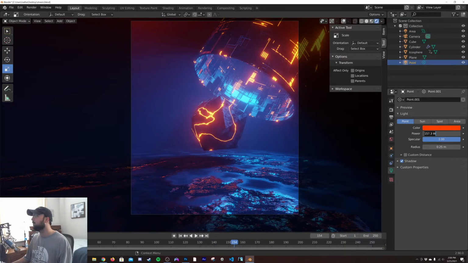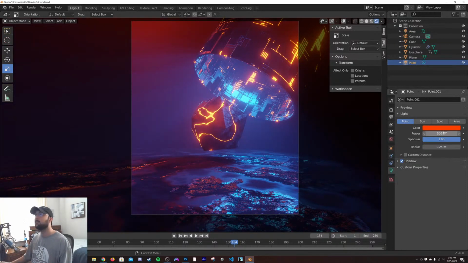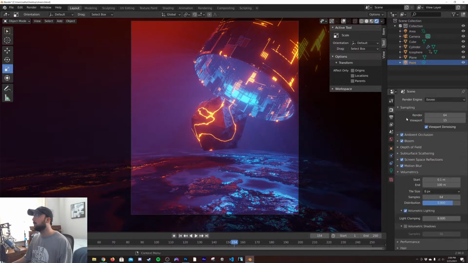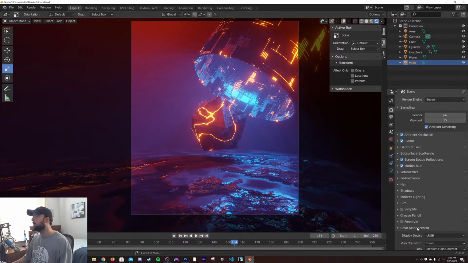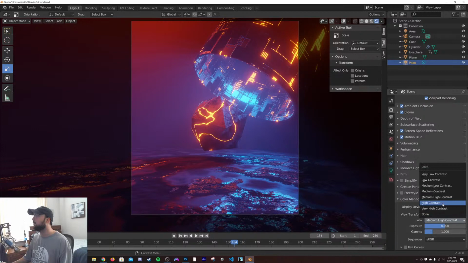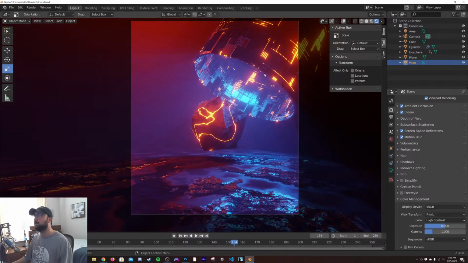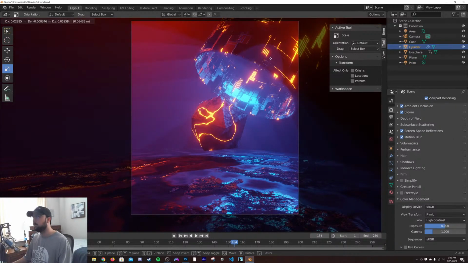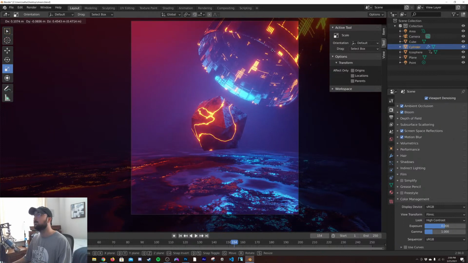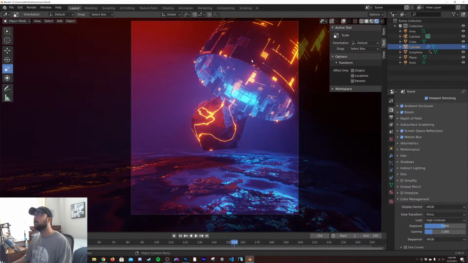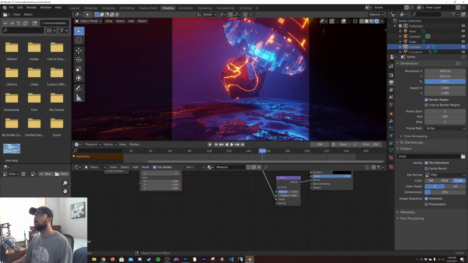Sorry, the point light. 500, 800, and I believe my color management, we'll go to high contrast on the color management, and then cylinder. I'm going to play with roughness on the cylinder.